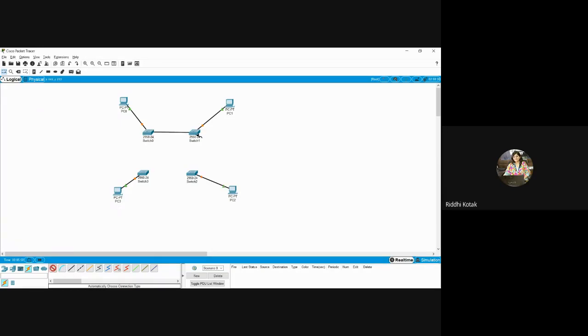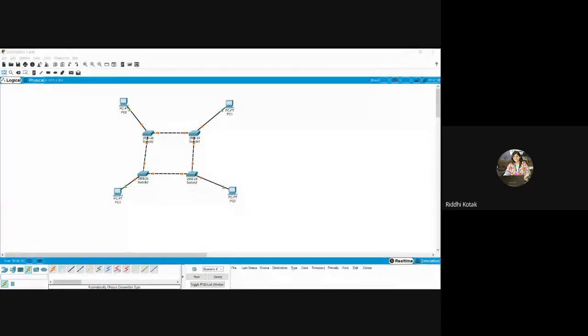Same way we will provide connection to this switch. So just one by one provide the connection between all the devices. Right? This is the next step. And parallelly, you have to take the snapshot also.